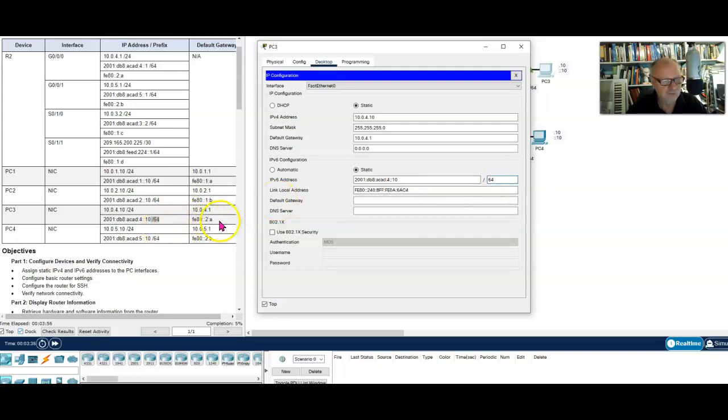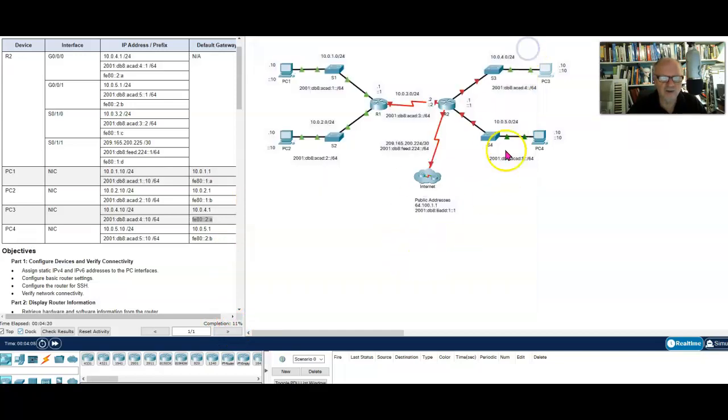And the default gateway is actually the link local address on the router that this thing attaches to. So we'll put the default gateway address, FE80::2:A. We'll click outside of that field and we are 11% done. So you can see this thing scores as we go, and I just need to close this thing back up when I'm done, and that one is complete.